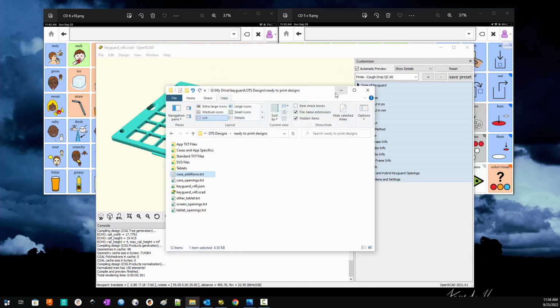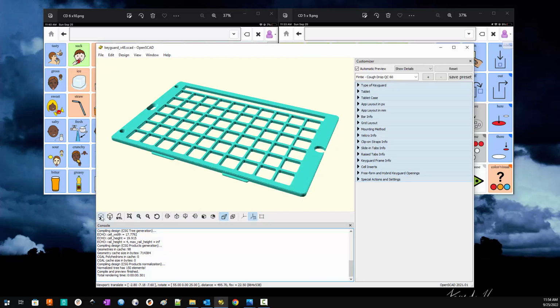Right, and now if I go down here and in essence preview it with any changes, all that happened was I got a little extension of the keyguard here that sticks out into an opening in the case. Right, as I said before, the only thing that changes from 6 by 10 to 5 by 9 is in